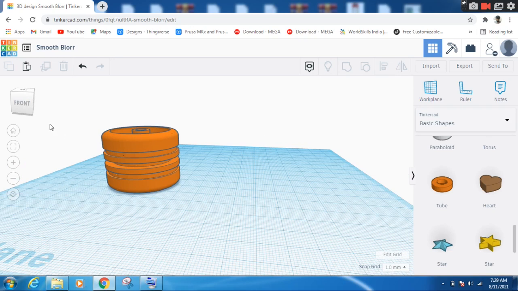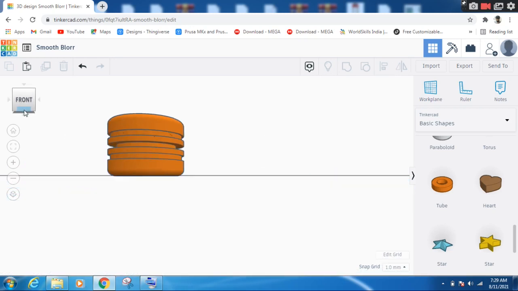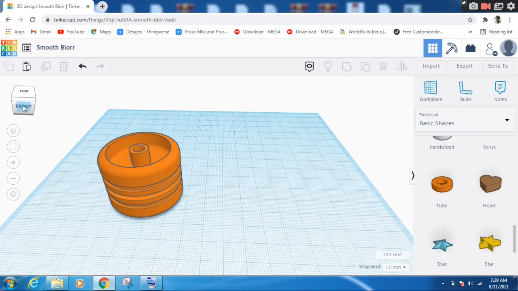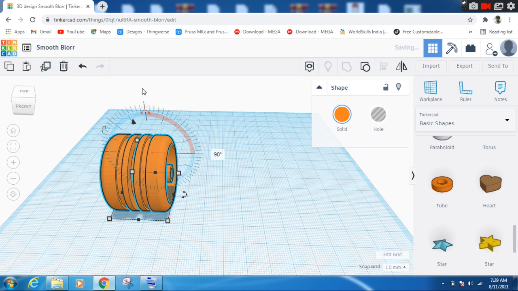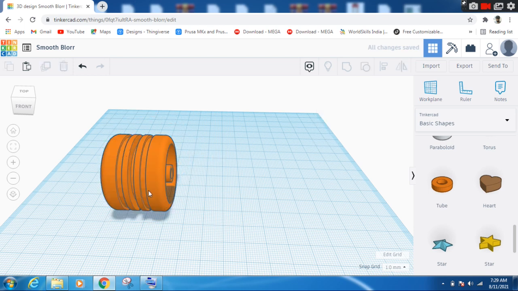Now I'm going to rotate this one. Let me click on it, and here you see the two-faced arrow, you have to click it and type 90 degrees here, and press enter. Now you see that it got rotated.